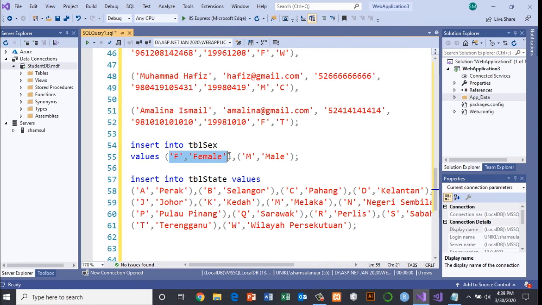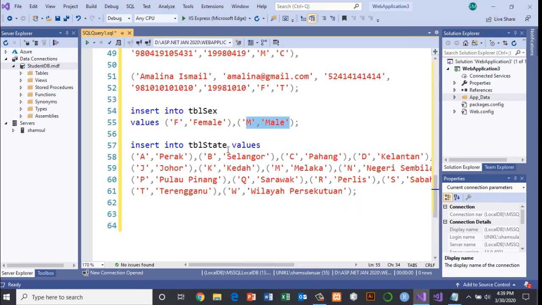We have female and we have male. Now we have the TBL state. Similarly, we have the state code and the state itself, the description of the state, and it is also separated using a comma.